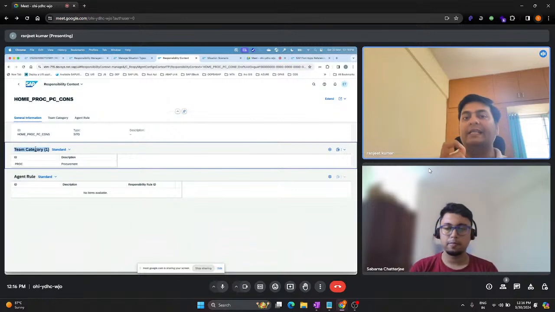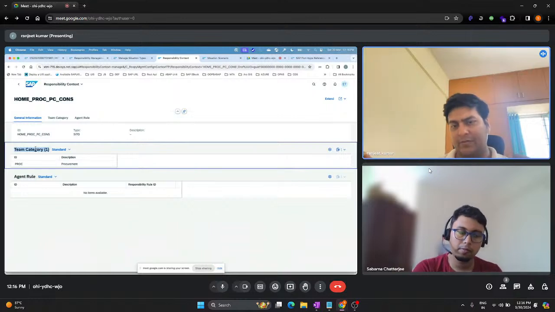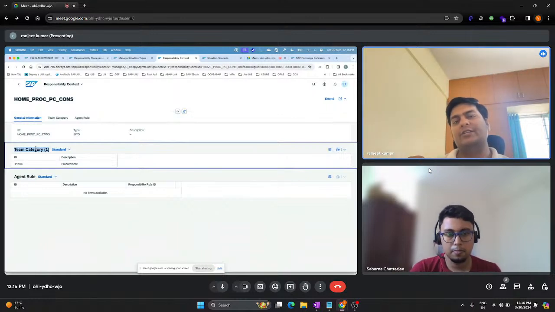So where you have a dynamic sort of nature, you can write a query like select star from XYZ table where company code is 1010 and GL account is 1035. If the number of people responsible for a business process is dynamically changing, then you can go for the agent rule. We have given a concept with the help of this low code, no code tool, a custom logic application where you can write this.